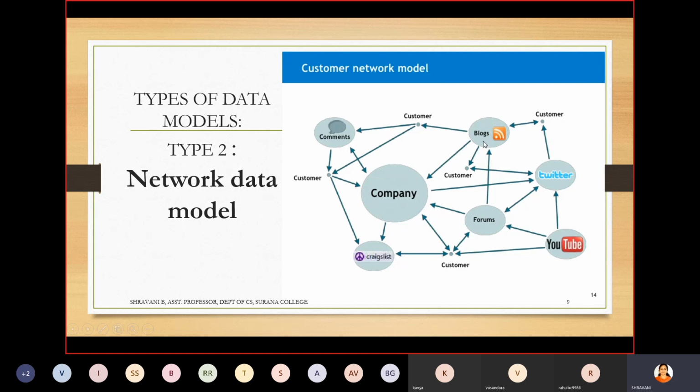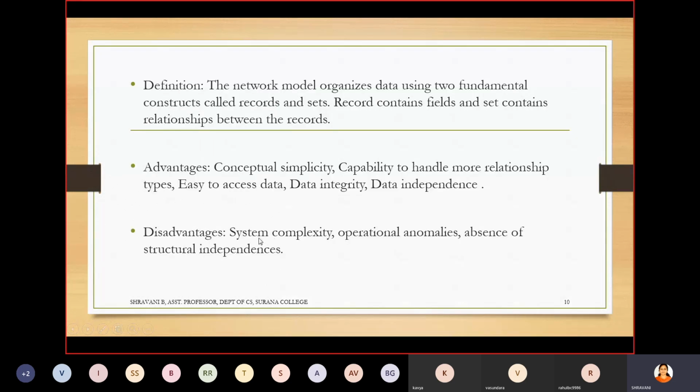You can get it. But when it comes to the system, it becomes very complex because we don't know, from A to Z, where the company data is distributed all over the places, right? So that's why I told it's simple but yet complex. Conceptually and logically it is very simple, but system wise it becomes very complex.